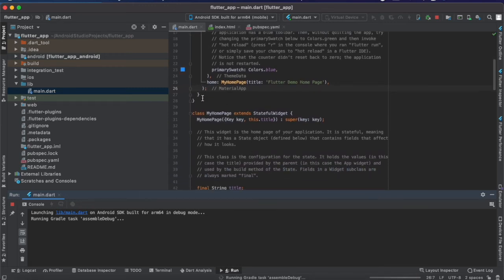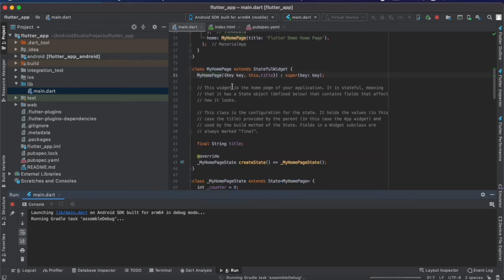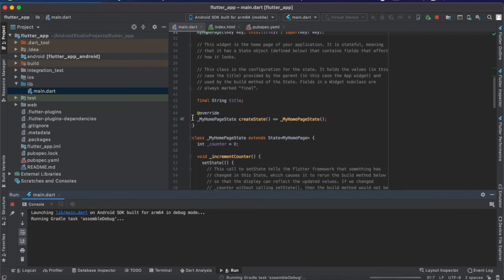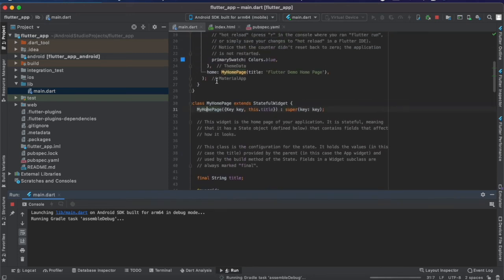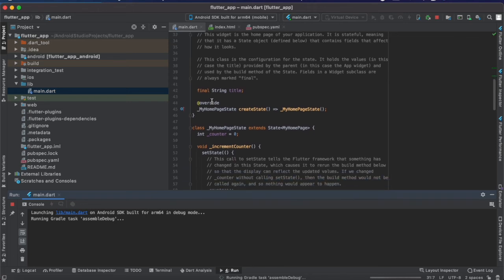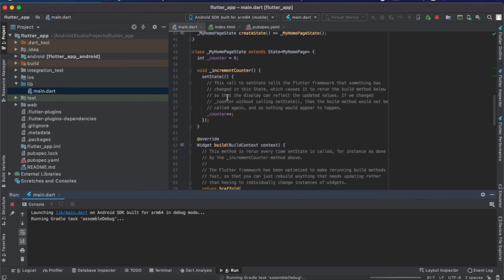So as you can see, class my home page extends stateful widget. Okay, and this is the constructor, and then final string title. After that, if you are calling a stateful widget, then you also have to create its state widget, because at any point of time the thing that will be called is that particular state widget. So as you can see, my home page state,